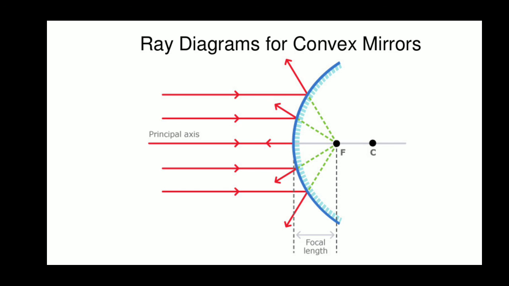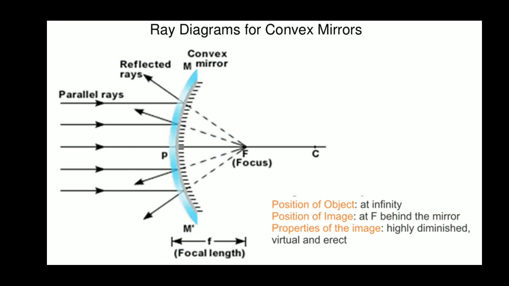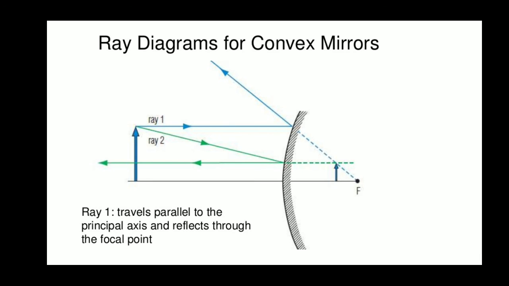Second case: in a convex mirror, your focus and center of curvature are all on this side, but in a concave mirror, everything is on this side. The second case I am taking is the same thing: I take a point somewhere else, closer to the mirror. So I have taken this as the object. The first ray, parallel to the principal axis, is reflected. If I produce it, it will meet at focus.